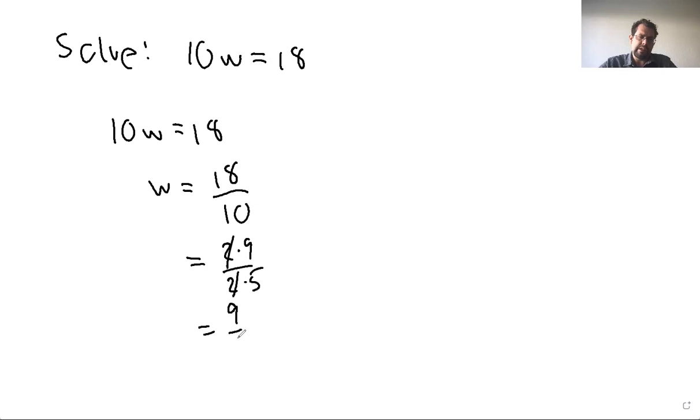Which should give us a reduced fraction of 9/5. Now use the multiplication property. Or we can try to solve something more involved, such as